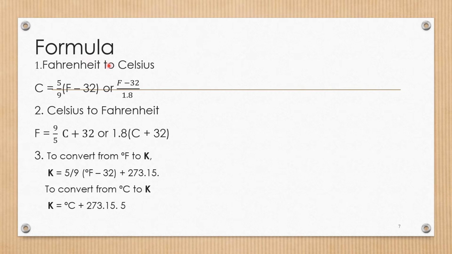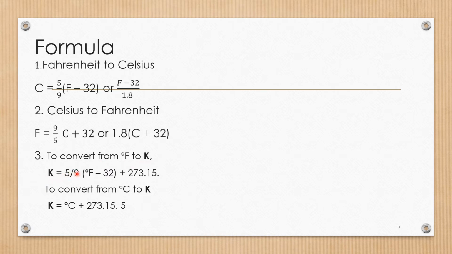So here are the formulas. Number 1, Fahrenheit to Celsius: C is equal to 5/9 times F minus 32, or F minus 32 over 1.8. For Celsius to Fahrenheit, F is equal to 9/5 C plus 32, or 1.8 times C plus 32. To convert from degrees Fahrenheit to Kelvin, K is equal to